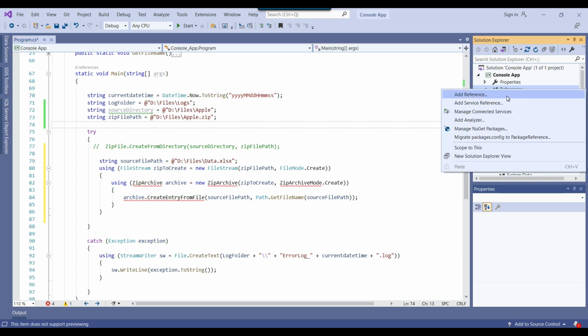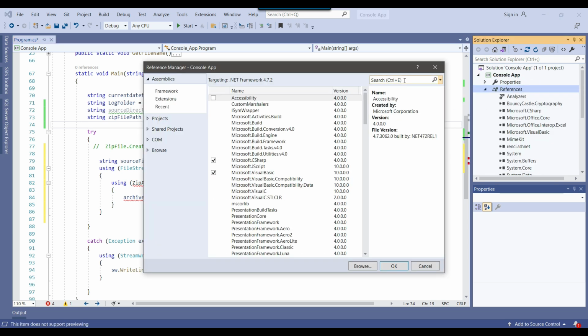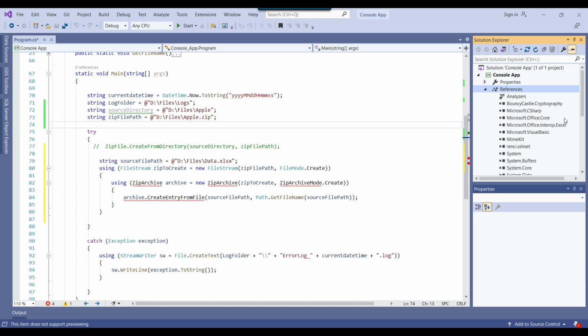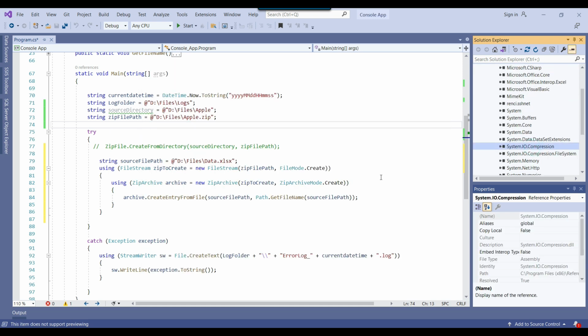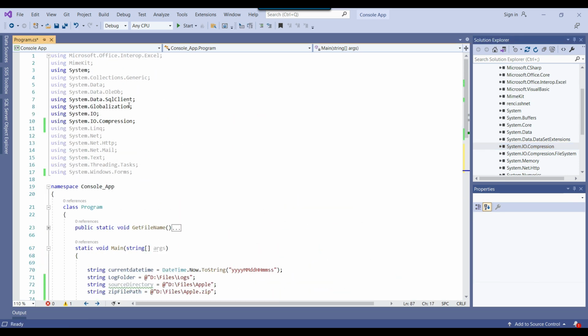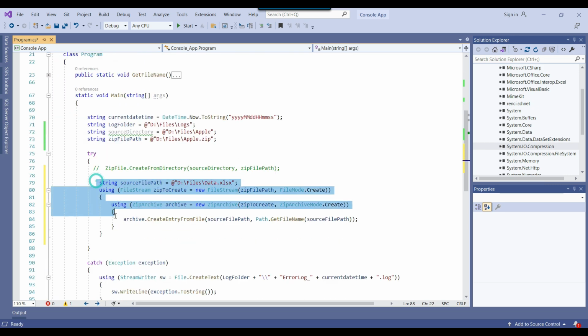However, this time for zipping a single file it needs System.IO.Compression. So we can add this particular reference as well and click OK. Now the System.IO.Compression reference has been added as well, and because this is already used inside the using, all the errors are gone now.